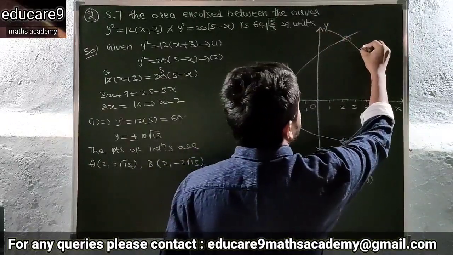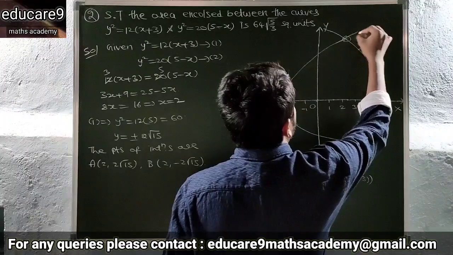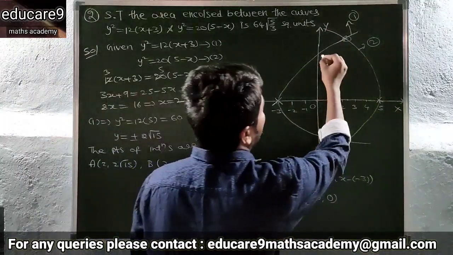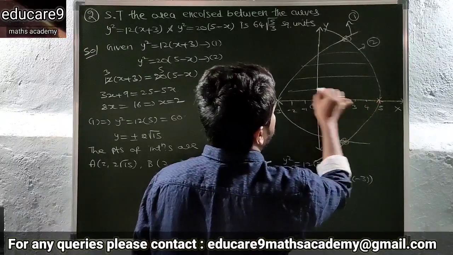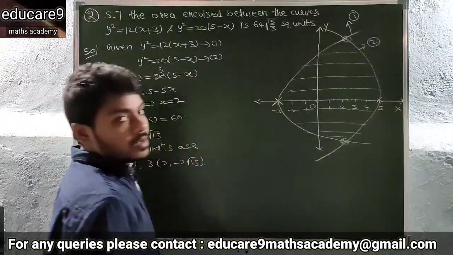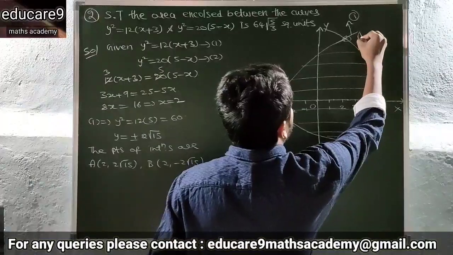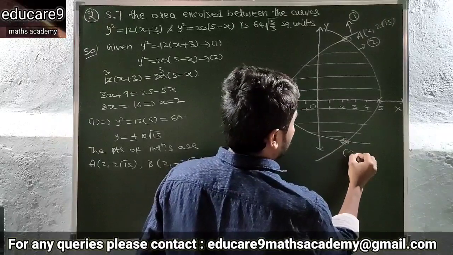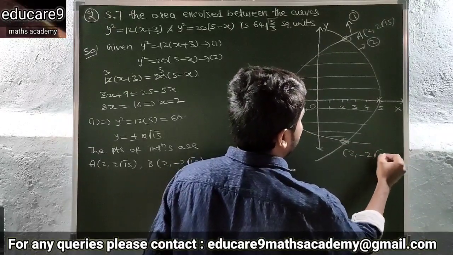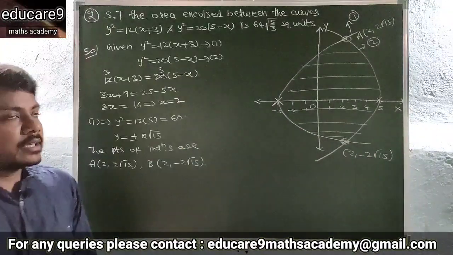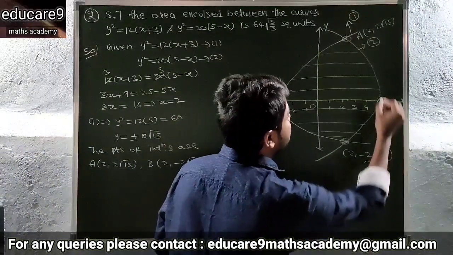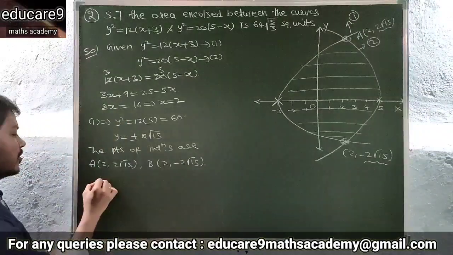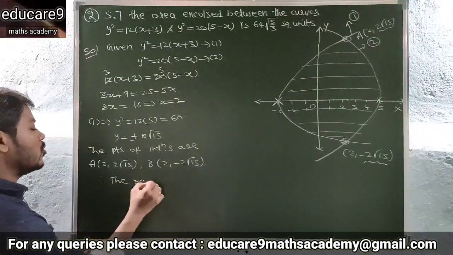So this parabola is what? Second parabola, and this is the first parabola. Now you need to find this area. So clearly these points of intersection are what? 2 comma 2 root 15 and this one 2 comma minus 2 root 15. Now here take the y coordinates as limits, that is minus 2 root 15 comma 2 root 15. So see here, therefore the required area